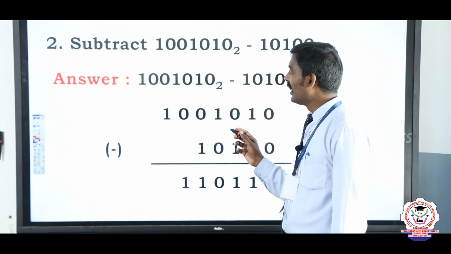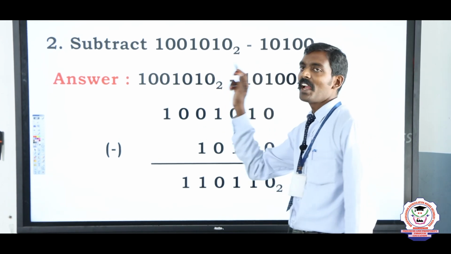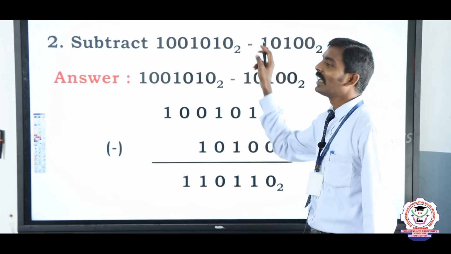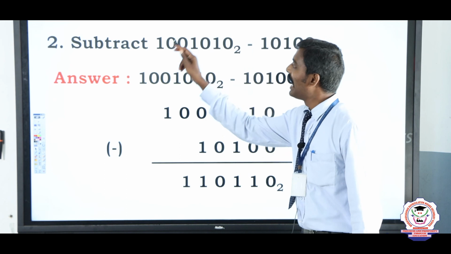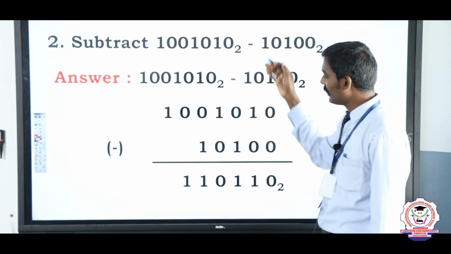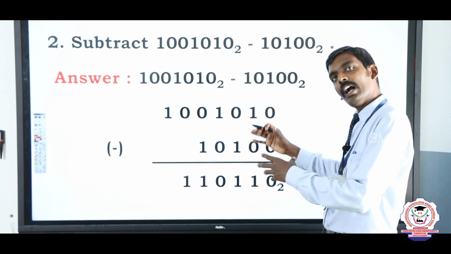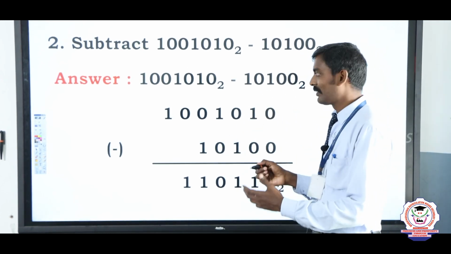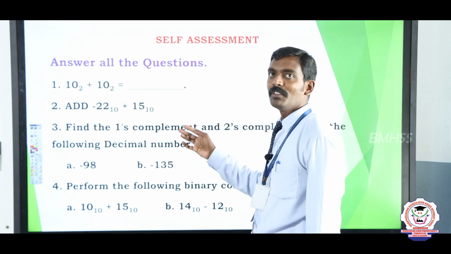Here we have attached the study material for binary subtraction. How can you identify the given number is a binary number? Based upon the given base value, and binary numbers are only in terms of zeros and ones. With the help of this study material, you can work out some problems that should be added in the question bank. We have attached the self-assessment for your learning purpose. You can work out the